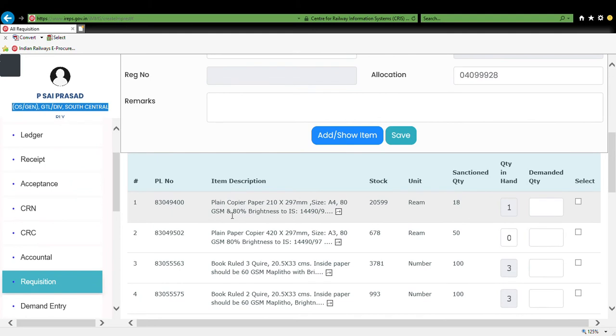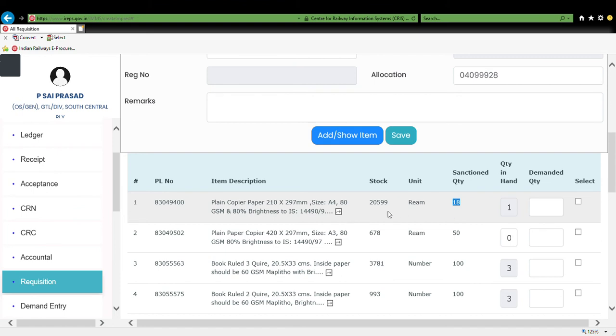It will show PL number, description, stock. Stock means this is the stock on hand of Mittuguda. Mittuguda depot is having this much stock, and unit of stock, unit of accountal, and the sanctioned quantity. This sanctioned quantity is my impressed sanctioned quantity.